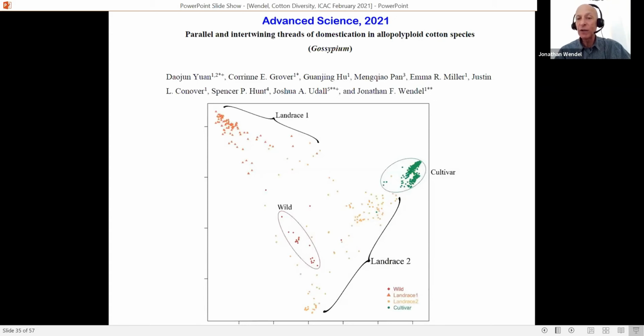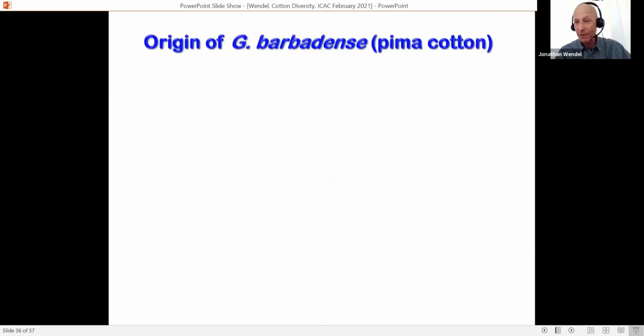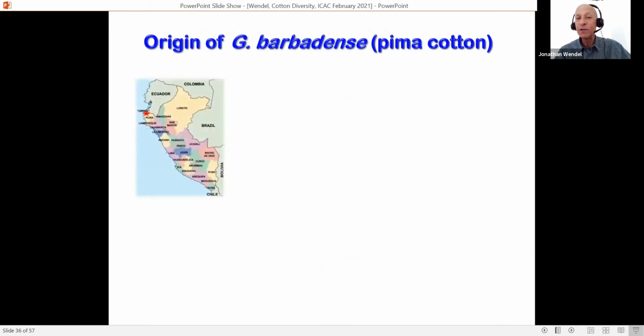Each little dot represents a different cultivar where we fully sequence the genomes, and you can see the narrow blob of green points relative to the diversity as a whole in this two-dimensional plot of diversity of about 700 Gossypium hirsutum cultivars. Meanwhile, in South America, about 8,000 years ago, Aboriginal peoples were attracted to this plant that